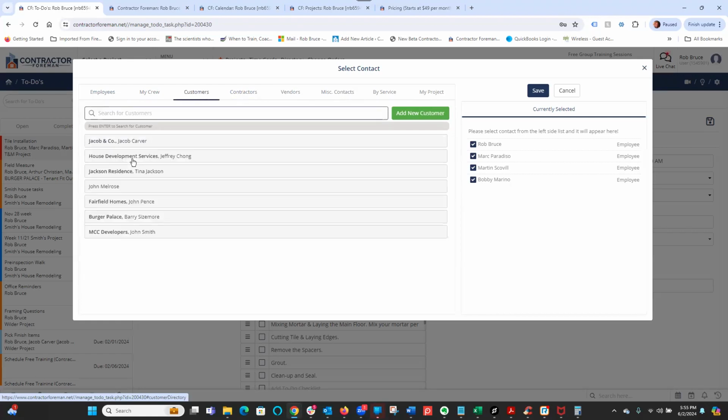I can assign customers, and this is going to go into the client portal as well. So if I assign that to a customer, they're going to just see that to-do in their client portal. So you're assigning to whoever it is here, one or more people, or just yourself, but assign whoever